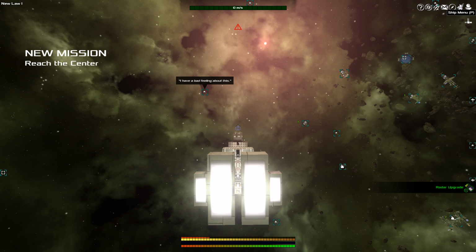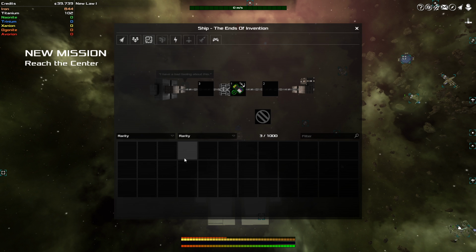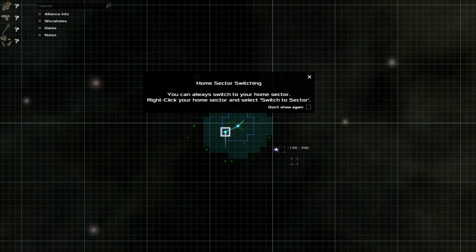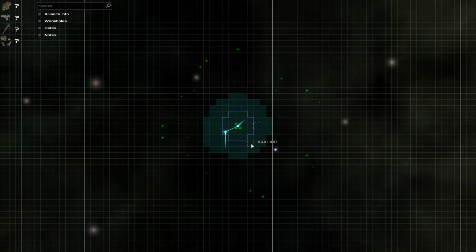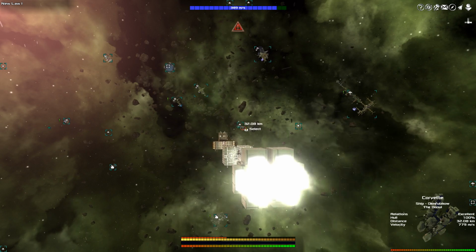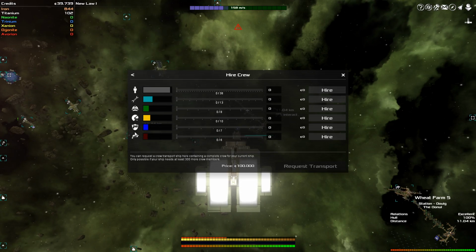So, the ship upgrade can be installed on the ship. We're going to do that just now. Boosh. And now we're going to be very, very aware of all the good things around and about. So,